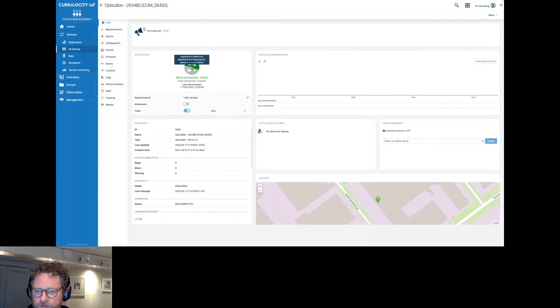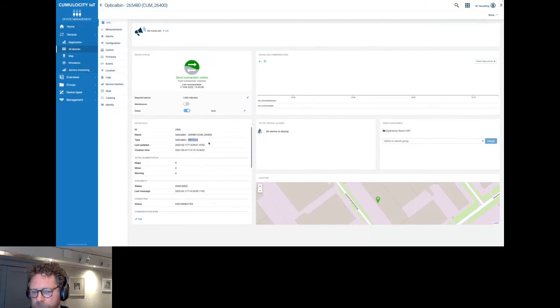In this case, messages have been sent, so we have had a measurement, and that means we do know which positions are full and which positions are empty. We also have device data, information about the device. It will tell us that this is a so-called optical bin. That's what our client calls these smart shelves. And it's an optical bin of the type